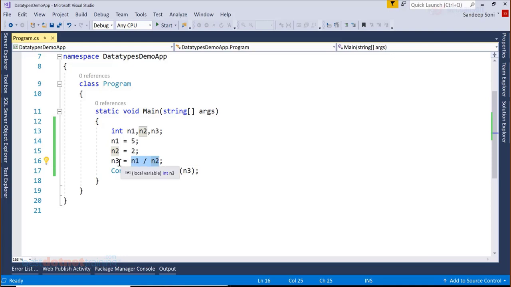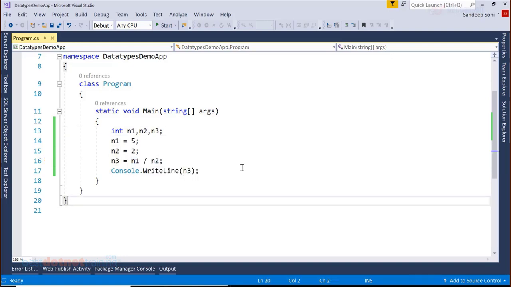It's not that because n3 is float, this will automatically be computed as float. No, it's not because of that. Expressions are evaluated and then assigned to the left hand side. So the result will still be 2 only, even if n3 is of type float.